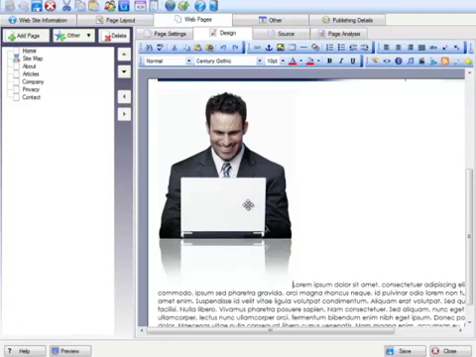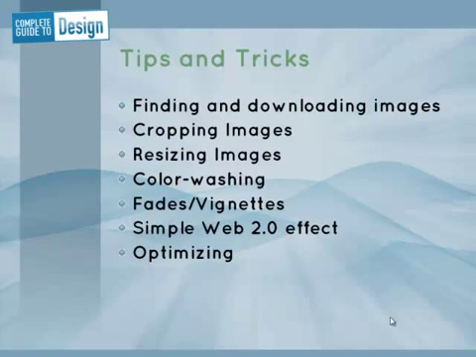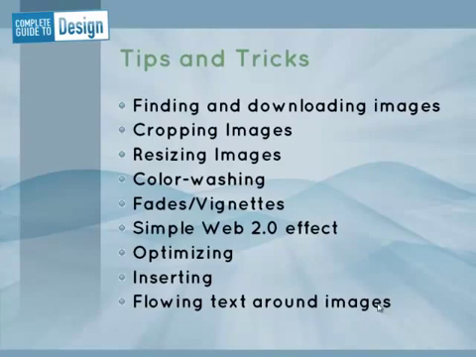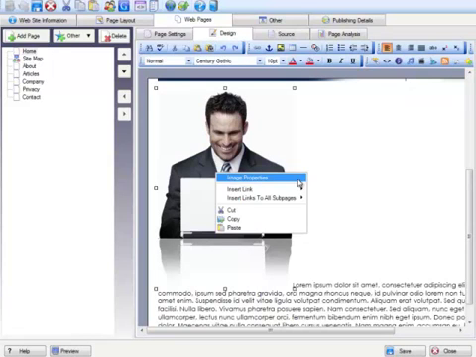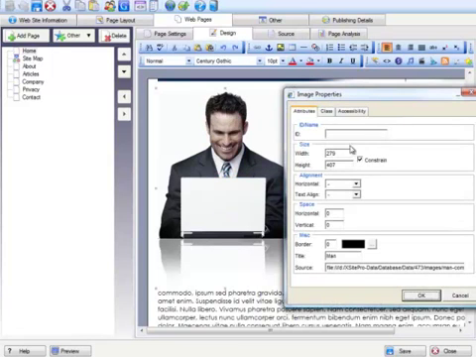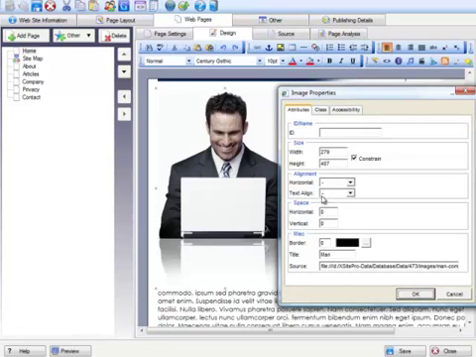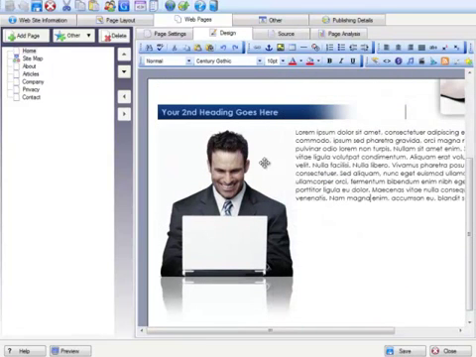Simple, simple stuff. One other thing I want to show you, having inserted it in the web page, is flowing text around the image, because as you can see, there's a big white space to the right of the image, and we want the text to sit in that space. Very simple. All we need to do is to select the image, right click on it, image properties, and then from the image properties window that appears, we just select horizontal alignment left. That's it. Click OK, and there we have the text now floating to the right hand side of the image,